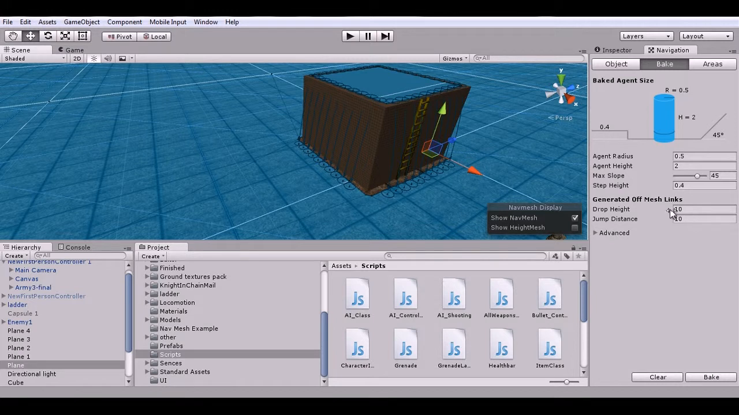Like if I were to set it to 1, and bake it, you would notice that the lines go away. And what that means is he can no longer jump from that height. If he were up here, he would be stuck up here and there'd be no way he could get down. And then we have the